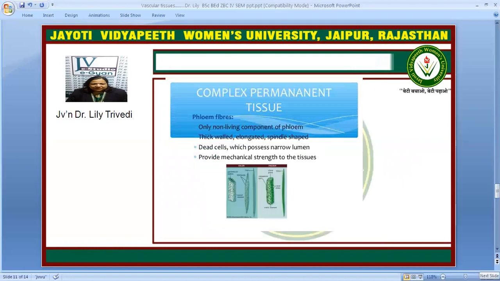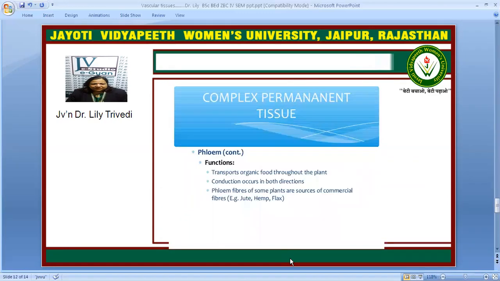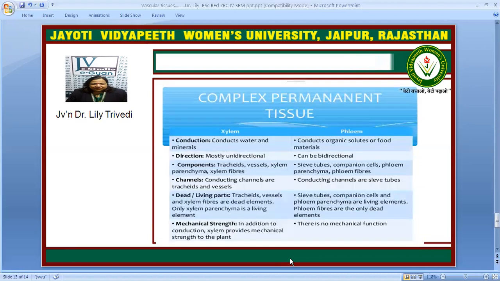The phloem fibers are the only non-living component of phloem. They are thick-walled, elongated and spindle-shaped. They are dead cells which have a narrow lumen and provide mechanical strength to the tissues. The function of phloem is transport of organic food throughout the plant. Conduction occurs in both directions, and the phloem fibers of some plants are commercially used fibers like jute, hemp, and flax. If we compare xylem and phloem, xylem conducts water and minerals, phloem conducts organic solutes of food